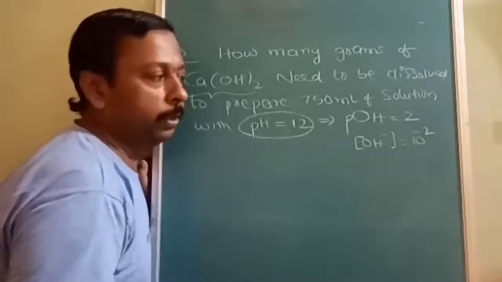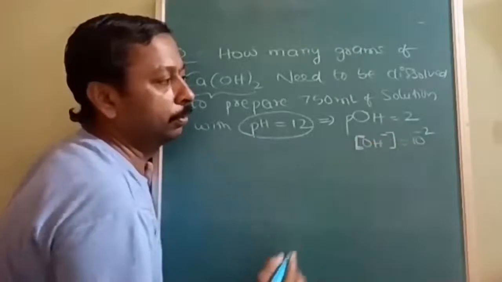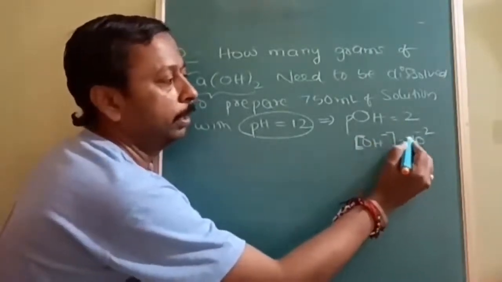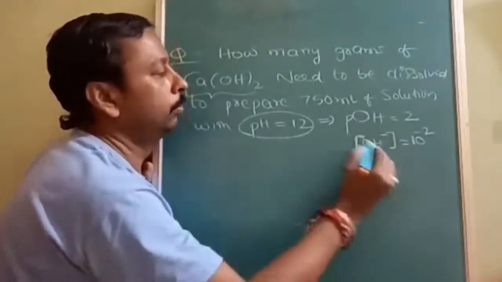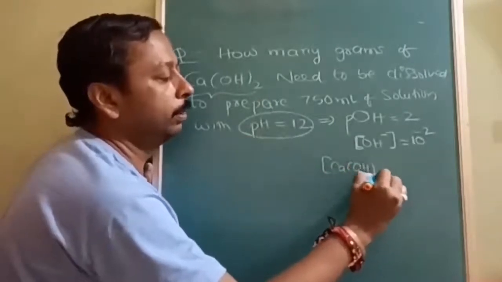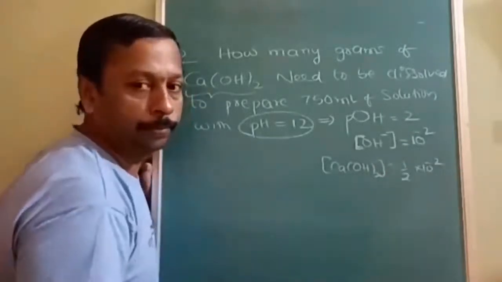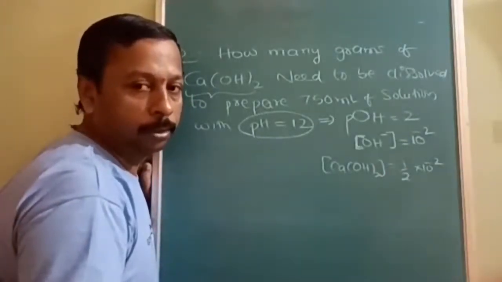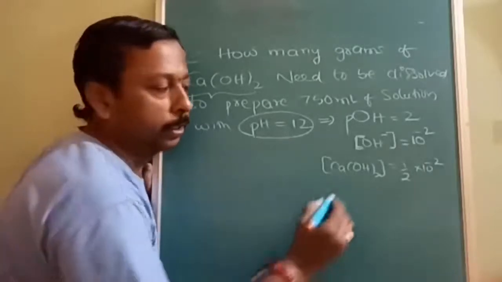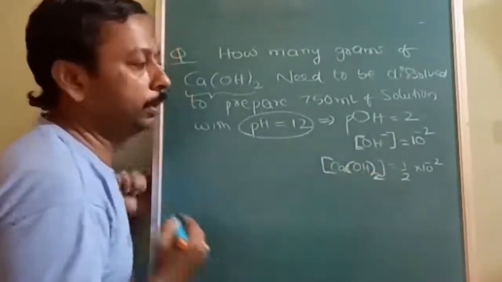Okay. Especially new students, beginners. So if you have any problem, kindly ask me. Okay. 10 to the power of minus 2 is the answer. Now, just now I told you calcium hydroxide concentration will be half of this. So 1 by 2 into 10 to the power of minus 2. How I am doing, is it understood? If you have problems somewhere and you are not asking, you are not getting it clear, then the future is going to be full of doubts. So then and there, kill the doubt.